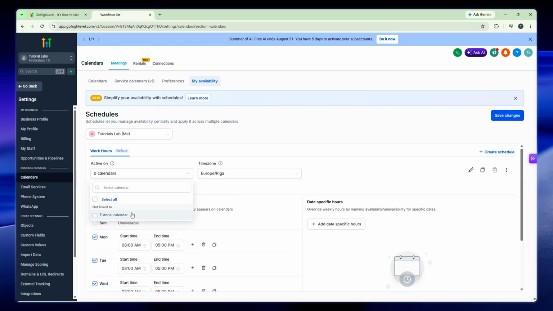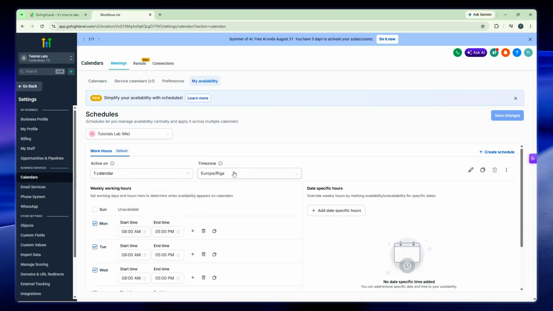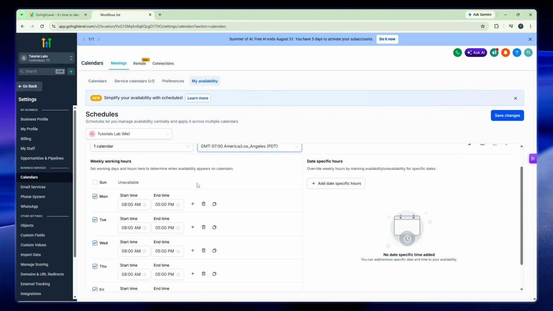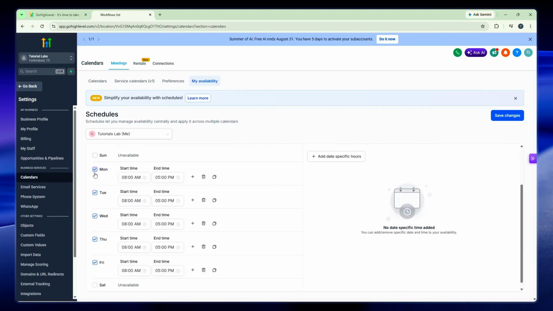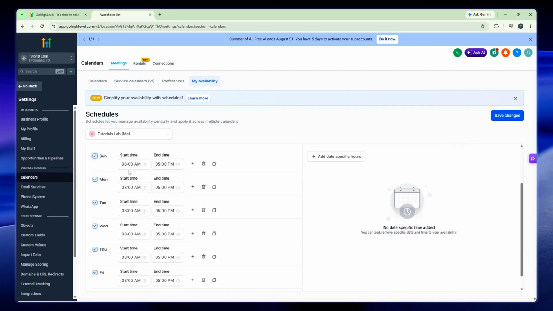Next, select your time zone from the drop-down menu. This ensures that all appointments are scheduled according to your local time and prevents any confusion with clients in different regions. Now you can edit the specific days when you're available. To do this, check the checkbox next to each day you want to be available for appointments. Once a day is checked, you can then set a start time and end time for your availability on that